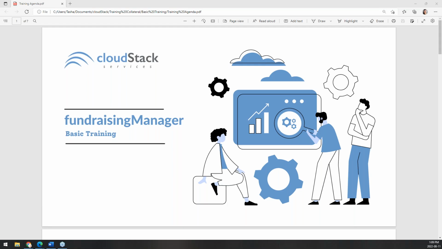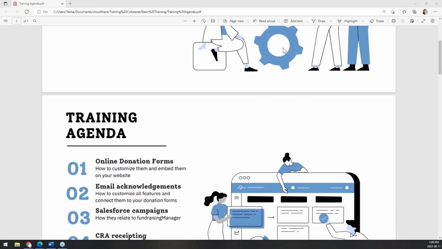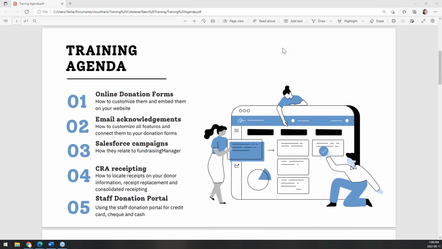So fundraising manager basic training. Today, I'm going to touch on a few different pieces. We are going to talk online donation forms and make sure that you're all configured and set up and ready to go with your donation forms, and explain how to get them on your website and any other pieces of customization that are possible. We are going to talk email acknowledgements, and this can be a bit of a tricky